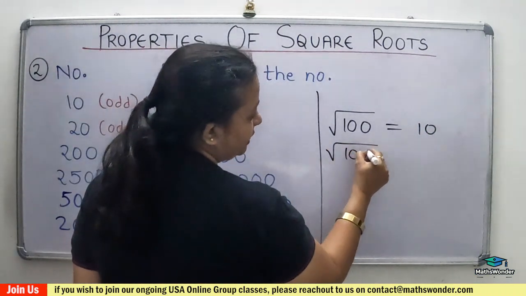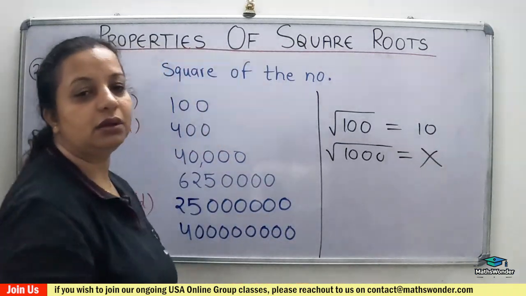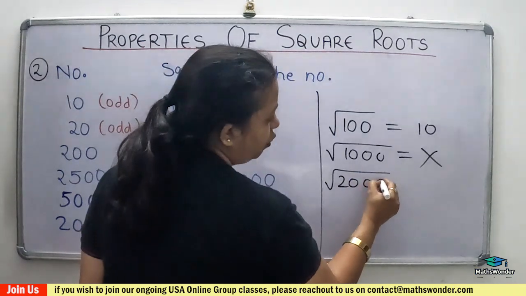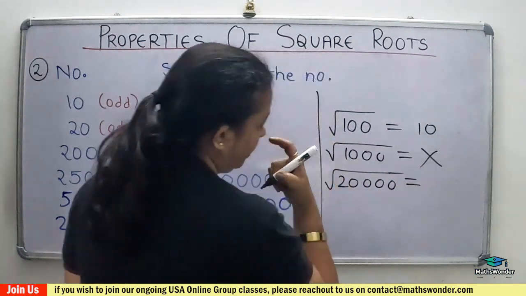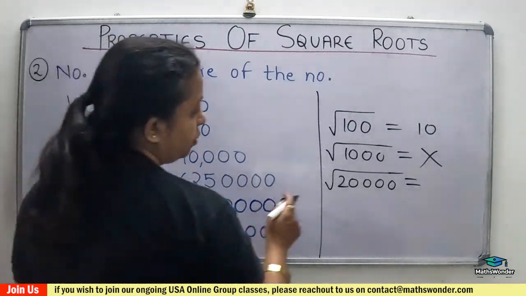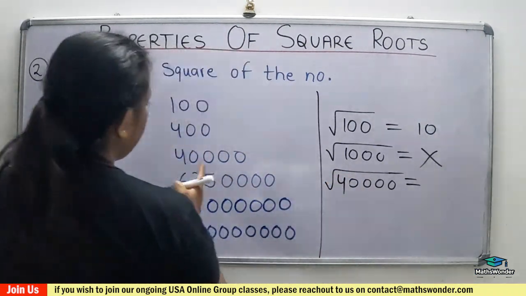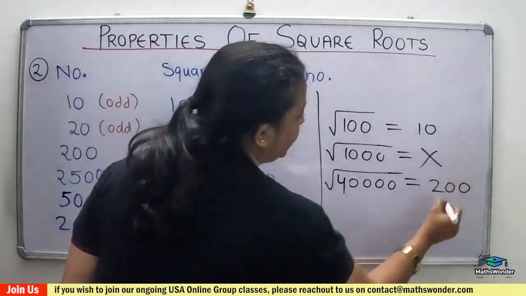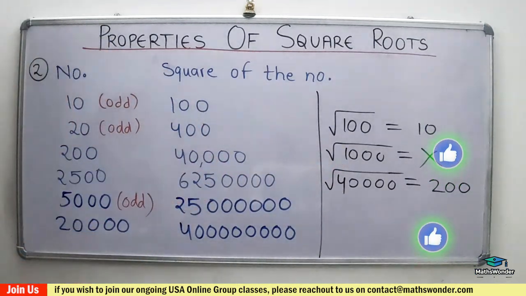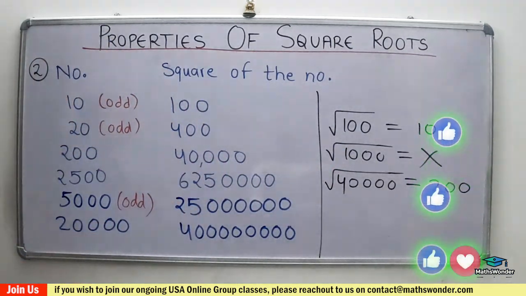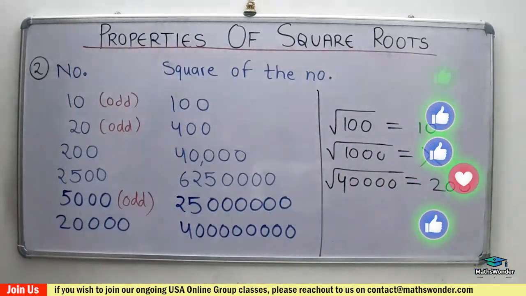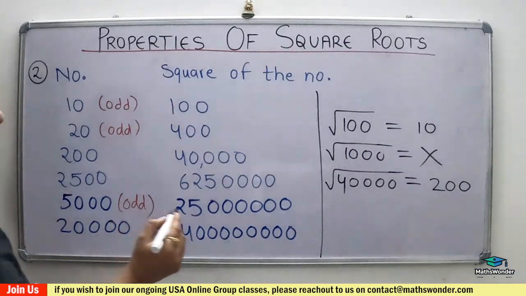If there is 1000, then there is no square root. Then we have 4 zeros, 20,000. Then we can easily find it. Easy, 20,000, not possible. 4,000. If we have an odd number of zeros, then we don't have a square root. If we have an even number of zeros, then you take half of the zeros and get it in the square root. This is the concept. How? Suppose 45,000.